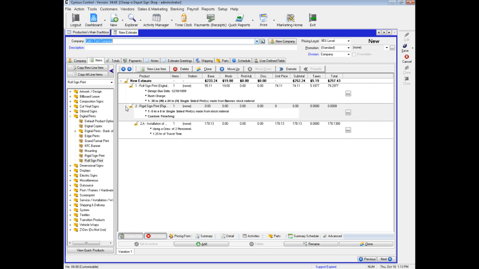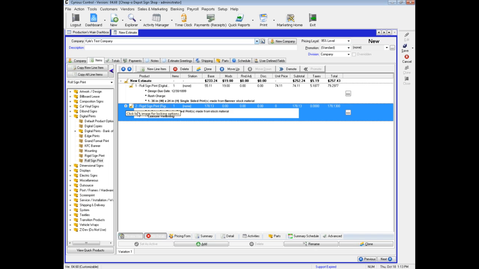The last thing that we can do on the item tab is you can go through and delete items, you can clone items, you can move items around on the estimate to have it ordered the way that you want. Because maybe I want to have my rigid sign print as my first item. So what I can do is have that item selected, and then at the top I have options here to move up, move down,